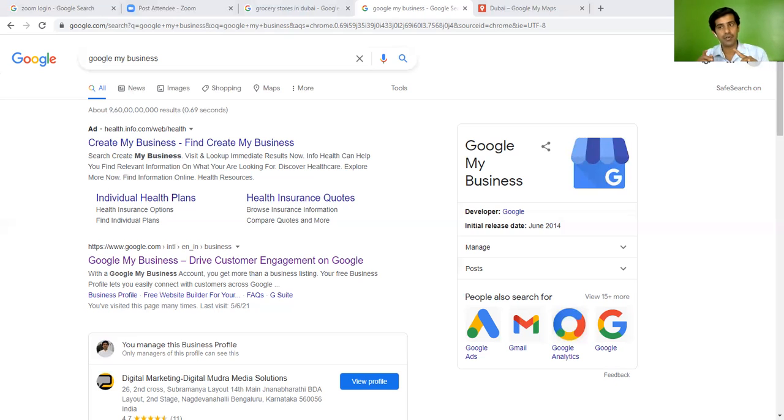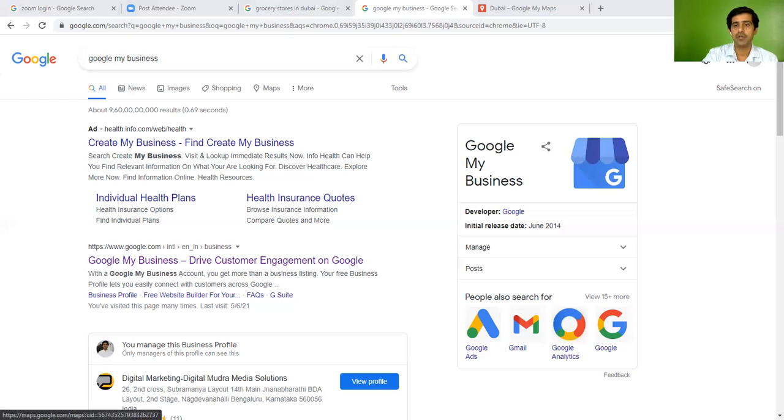If you have observed, in the first position there is an ad running. It will bypass all the other listings and show you in the first results. The cost is very minimal. It is not actually much cost as far as a local ad is concerned, and you can create that. These are the different profiles we want to update. We can download the Android app for Google My Business, and we can keep updating things.